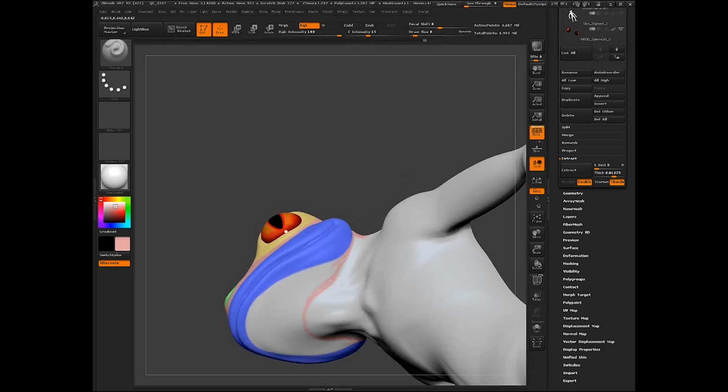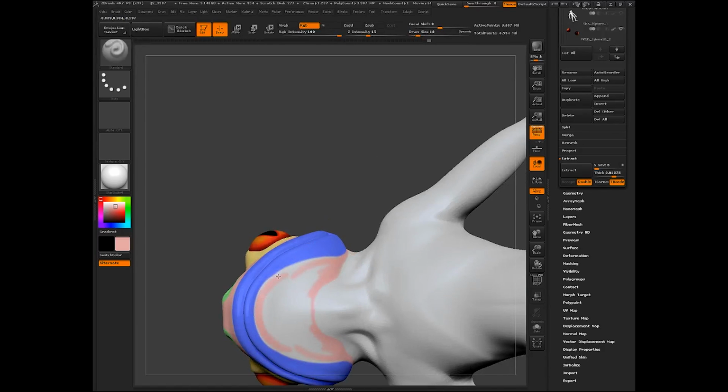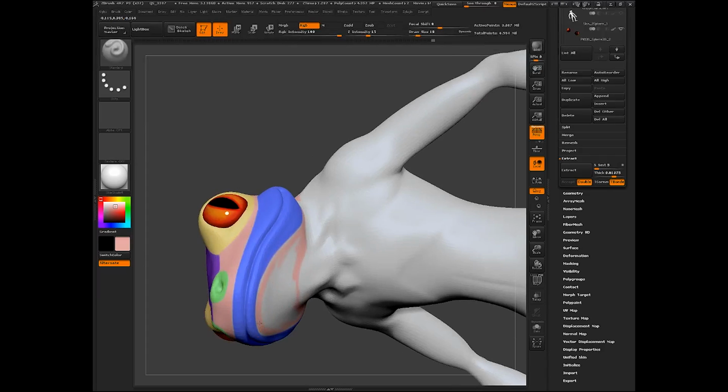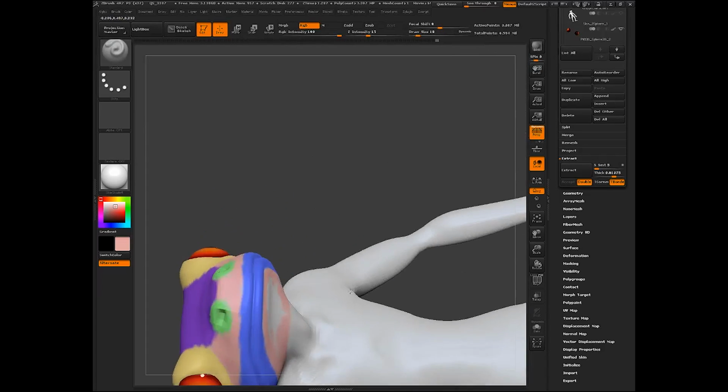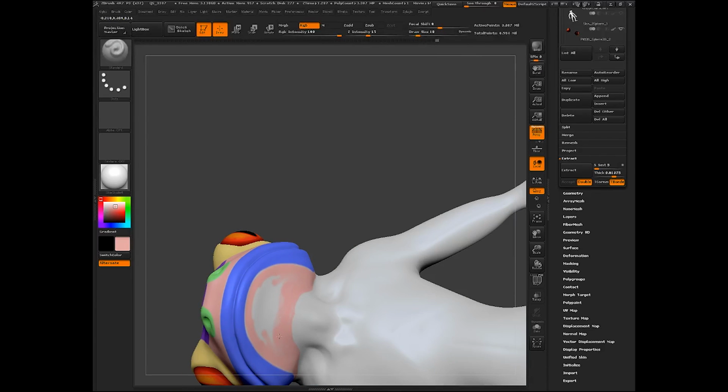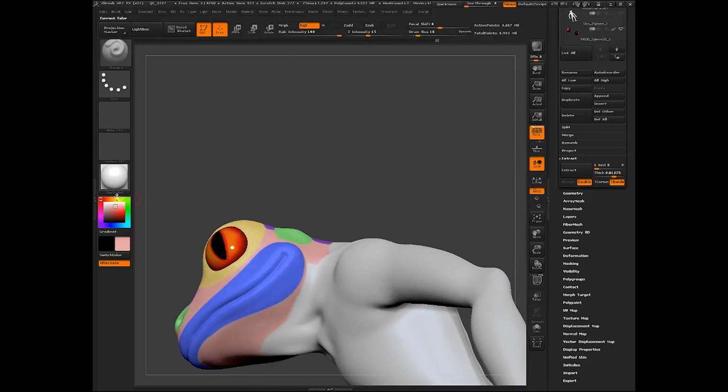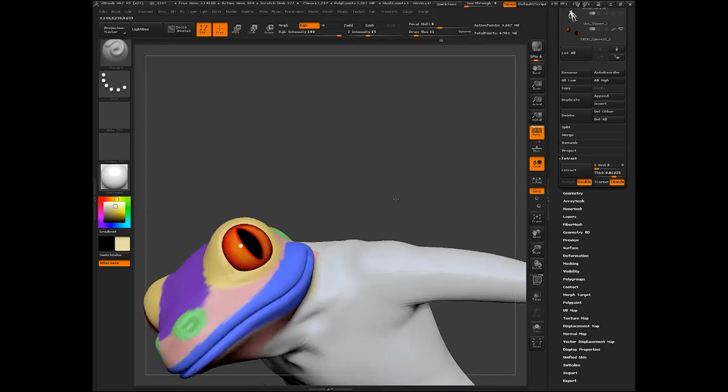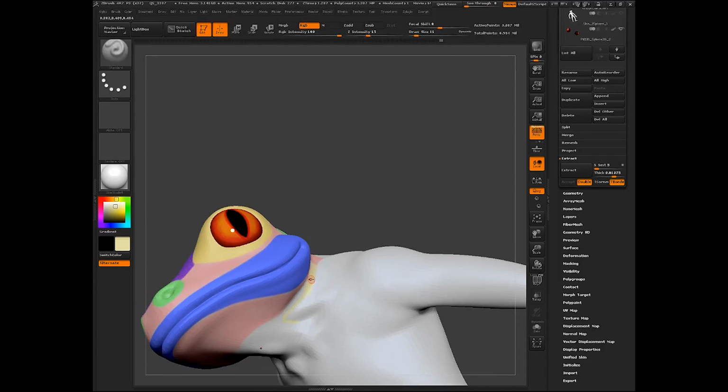So again, following the topology there, or sorry, the continuity of that, the underside of the mouth, we want to have a different topology group for the throat, because we expect that the throat's going to move. So we're just going to fill in the underside of the mouth itself, so with pink. And then we'll select a yellow and we'll paint in where we want that throat to move.